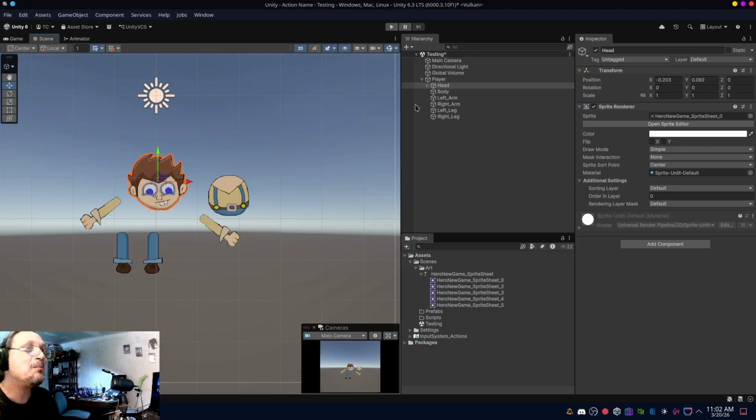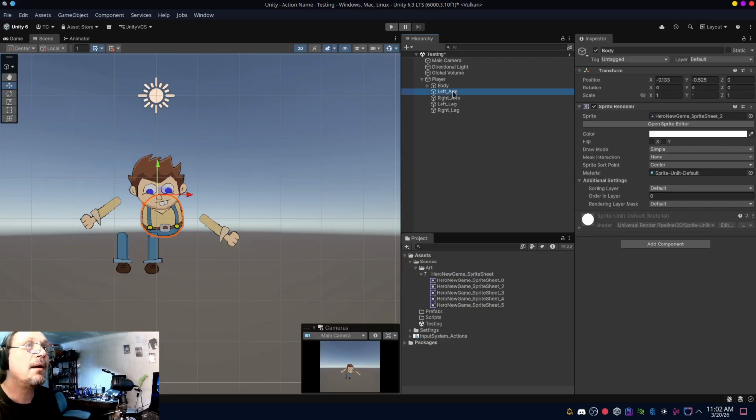So when we move the head, the eyes move. Okay? Then we're going to move the body over here. Now when you do this, your body might be showing on top of your head, etc. I'm going to show you how to work the layers out in just a moment so everything fits and looks the way it should. Now I'm going to put the head under the body,